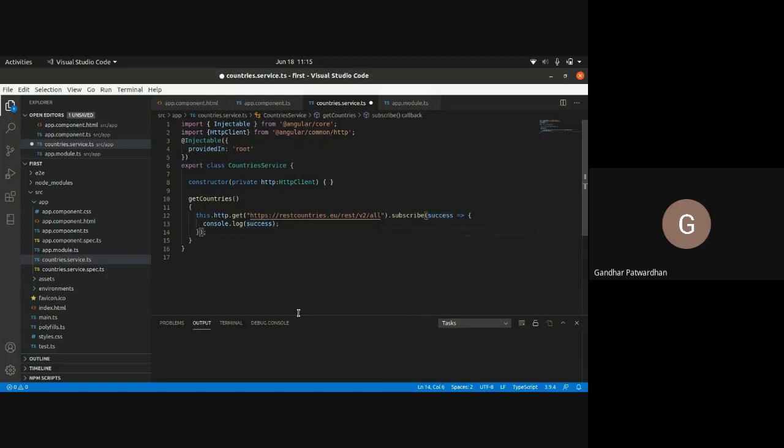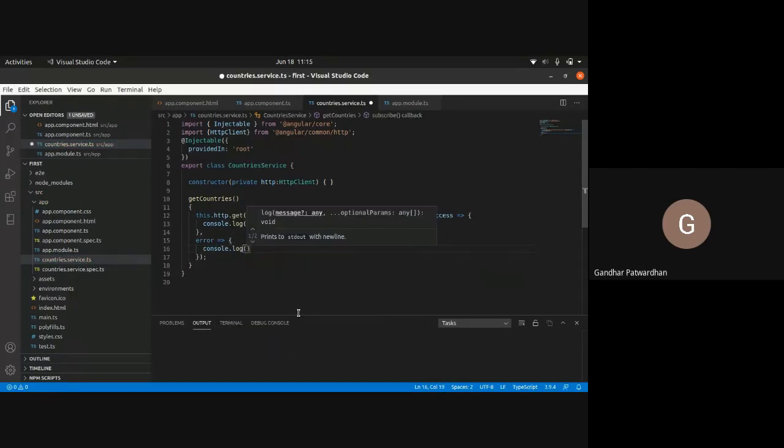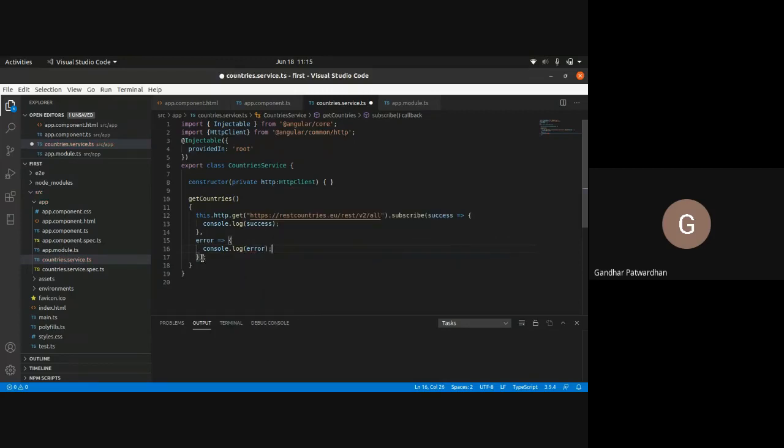If it is not successful, I'll pass the second parameter. What is the second parameter? It is for error. If there is some error, it will send you an error message. So this particular callback would be called if there is an error, otherwise, if everything is proper, it will call this callback.